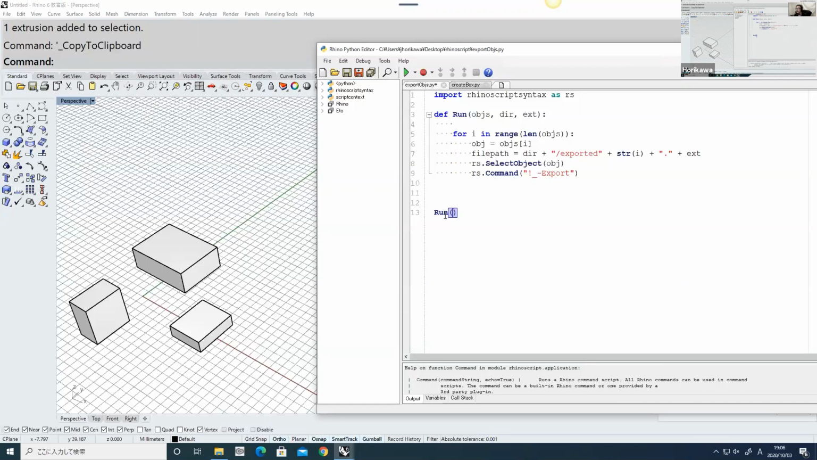Okay, so for the first parameter, it's going to be object, and we can actually use the boxes that we have just created using createBox. So let's try to import this createBox script inside this export object script and reuse it to actually create a list of boxes. To do that,